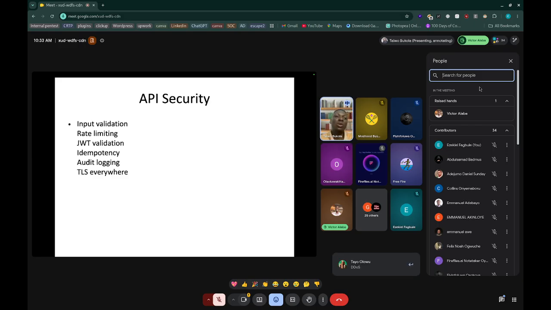They might write a script to keep eating your API. Let's say they write a script that bombards your API with 1 million requests per second. The requests come constantly, which means even the users who are supposed to use your application won't be able to, because there will be heavy traffic.